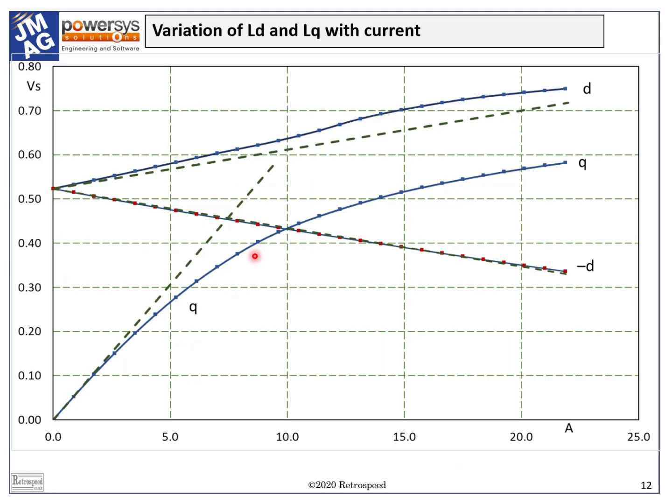Now, we arrived here by a process which produces constant values of LD and LQ, but we also anticipated the effect of saturation, and it turns out that we can compute LD and LQ by a very efficient finite element process in which the rotor remains stationary in one position. This is an example for an IPM, interior permanent magnet motor, except that we're plotting flux linkage versus current instead of inductance in each axis. The inductances can be assumed to be the slopes of these curves.